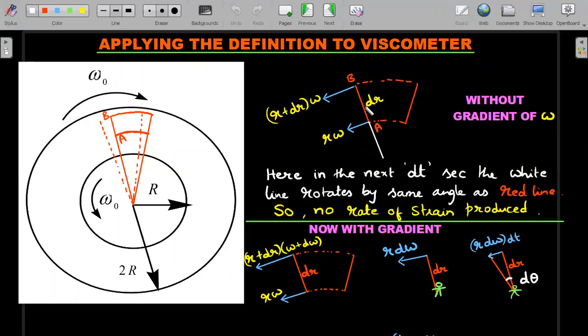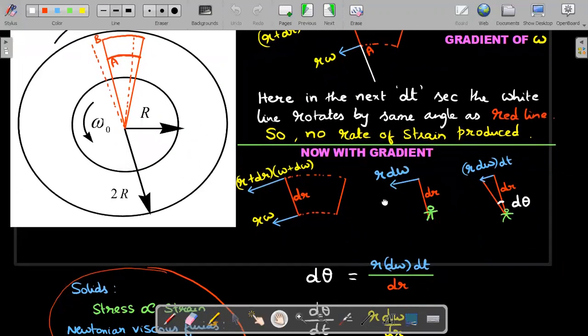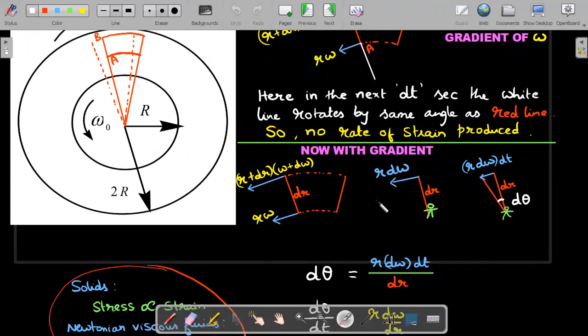So if someone sits here and watches this B, he would say that there is a 0 velocity. So he'll not see any twist in this angle. So with that explanation, let's move forward. Now with the gradient there, right? If the gradient was available for the angular velocity, then this AB line, if I have redrawn here, if this is moving with r omega velocity, then this